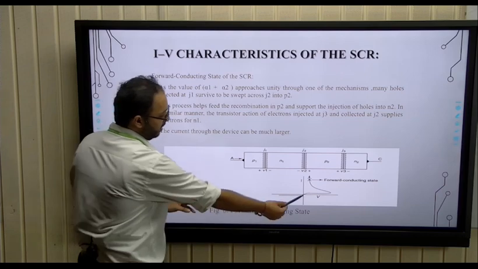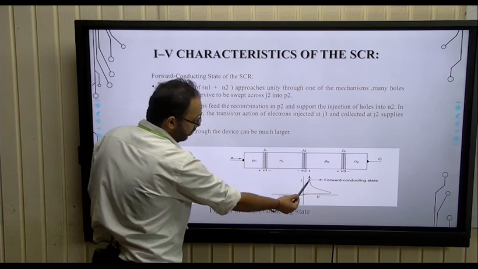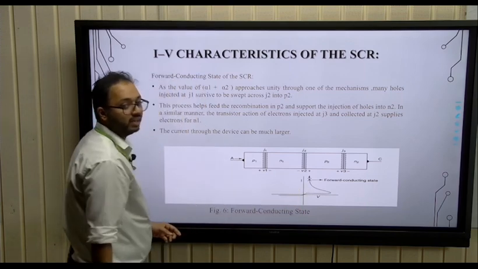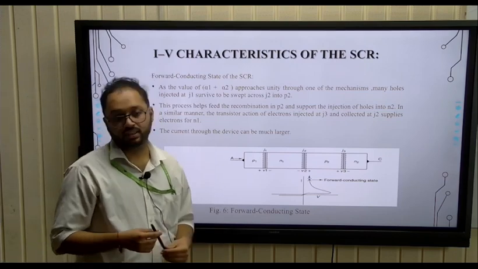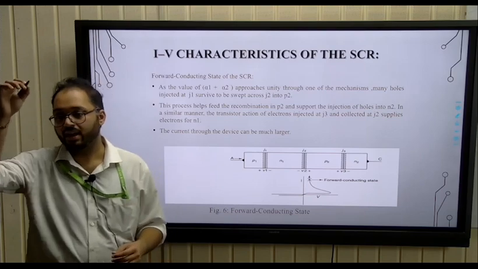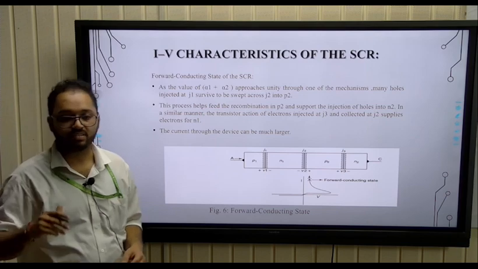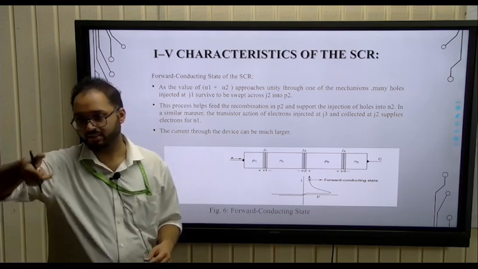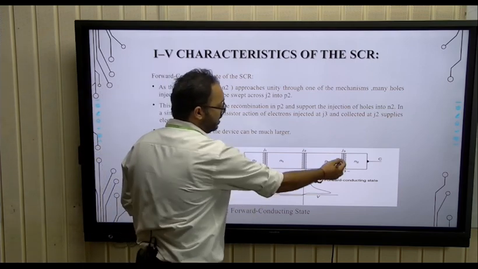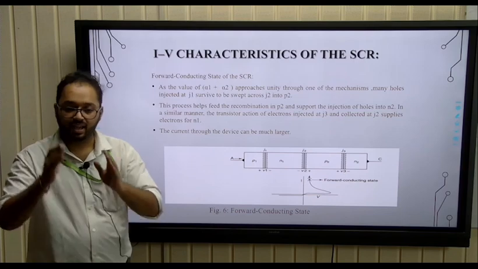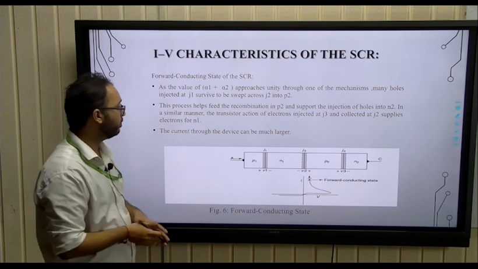That is why we are seeing here that the current is increasing rapidly, but why are we saying that the voltage is getting decreased? This is because, just as we learned, whenever there is a high current through a device, we actually mean that its impedance is low. And when there is a low impedance across a device, the voltage across it decreases. That is similar to when the resistance was very high just due to the J2 junction, and as the resistance decreases, the voltage also decreases. Okay.